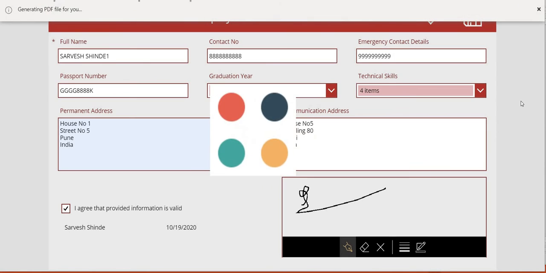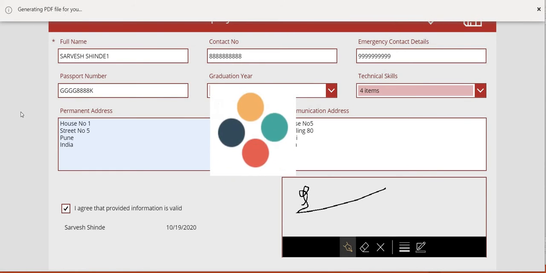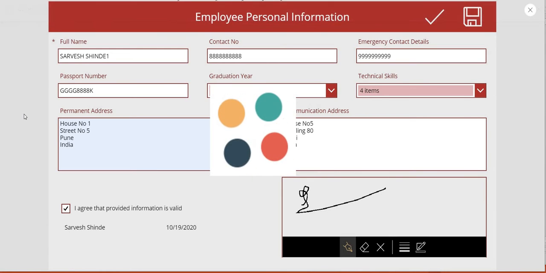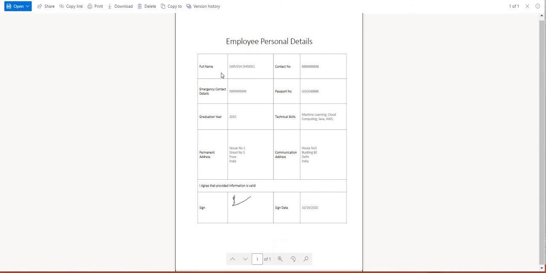If I click on it, we are showing a loader and a notification message on top, and it will take a few seconds to generate a Word document and then the PDF. It is now automatically navigating to open this PDF file. You can see this is a PDF file with the signature available in it.